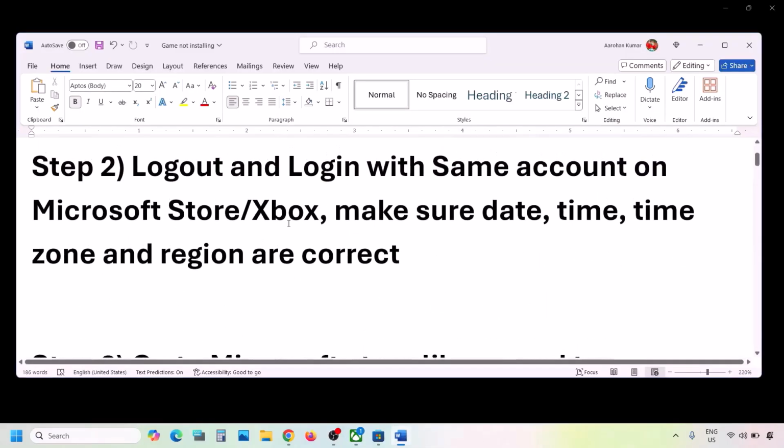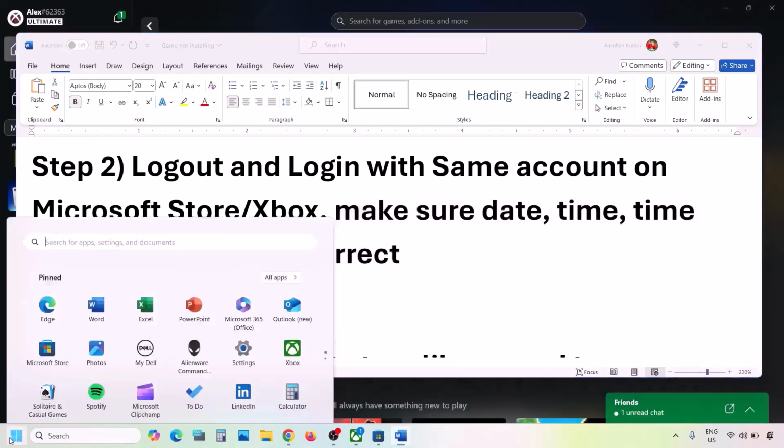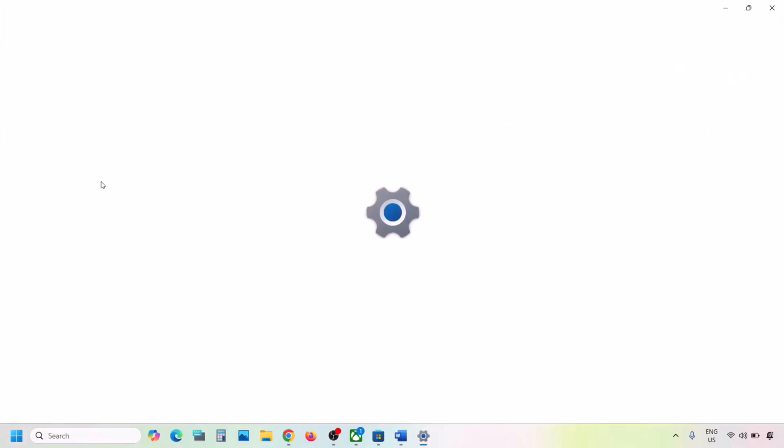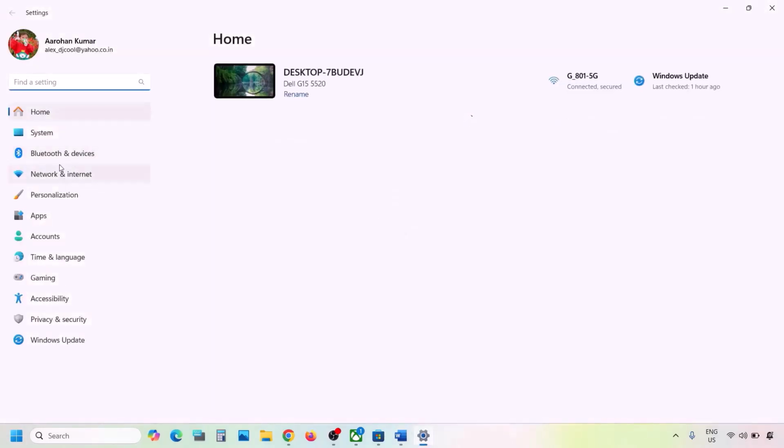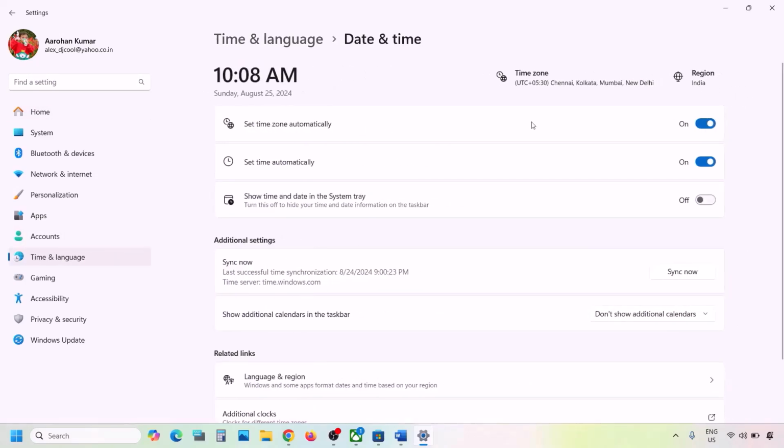The next step is to make sure date, time zone and region is correct on your computer. So you can open Windows settings and then go to time and language and then go to date and time. Make sure set time zone automatically is on over here. Also make sure set time automatically, both are on over here, and then click on sync now. On the bottom here you can see sync now option, click on sync now and once the sync is done,